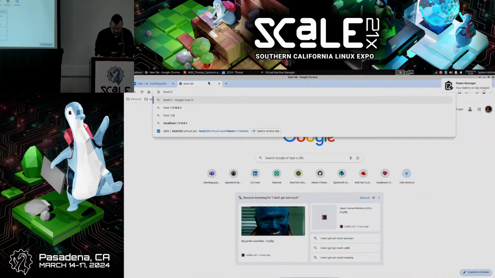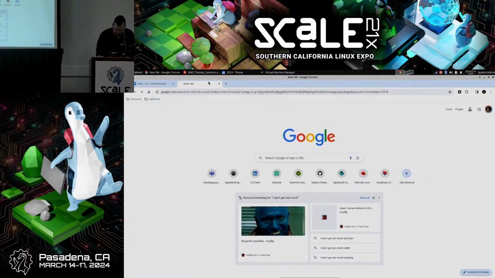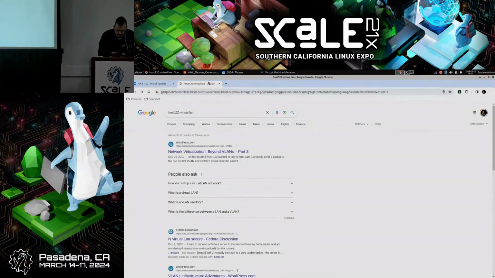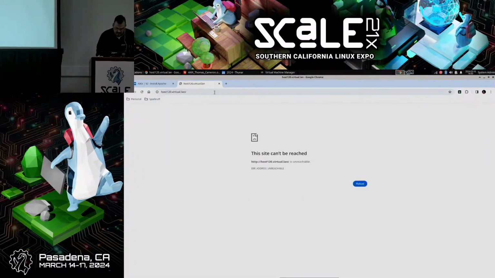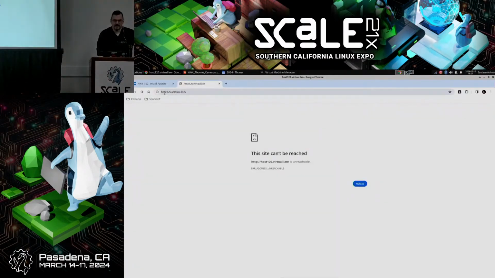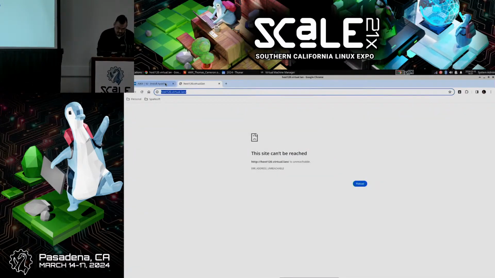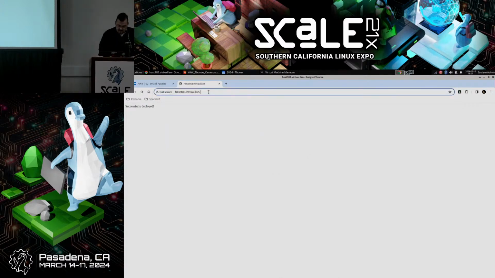So if I go to host 120.virtual.lan, oh, come on. Host 120.virtual.lan. Slash, there we go. Oh, I'm sorry, it's 183. 120 is the database server. Sorry, guys. Let's do the right thing. 183.virtual.lan. There we go. So now the web server's up, it's working, and if I go to